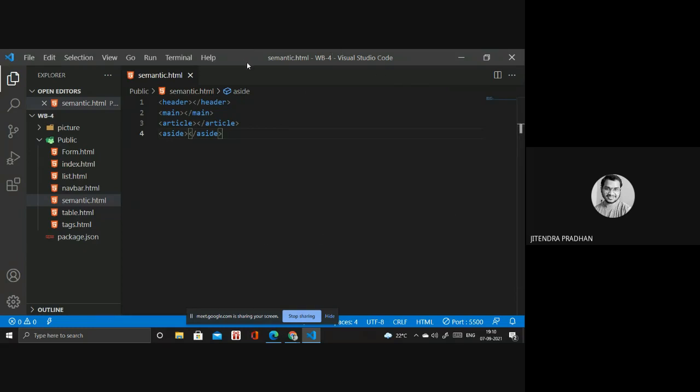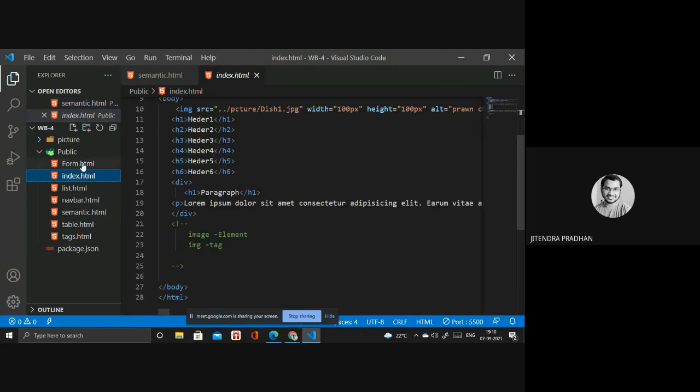Okay, on the right side, whatever navigation bar is there, when I click that button, it will show me in that form. When I click index.html, it will show me in that form. So I need to design a website in that form: on the left side I need to give the navigation bar, and when I click that particular icon or navigation item, I need to show all the content on the right side. So how do we design that?